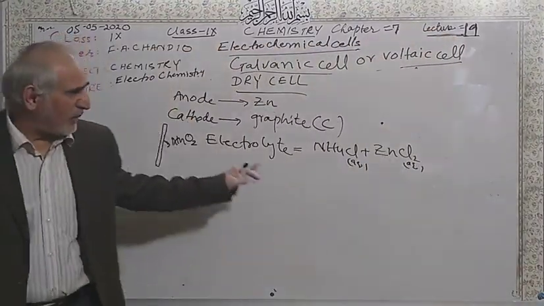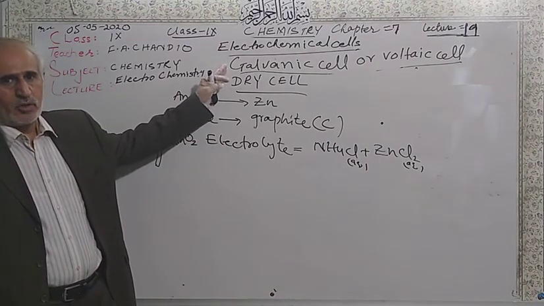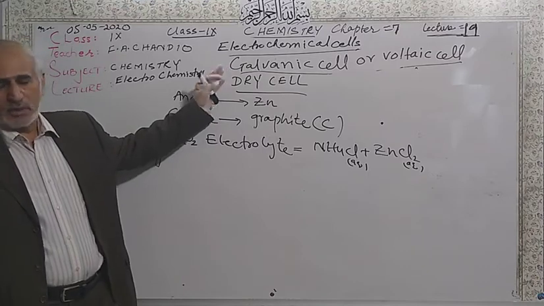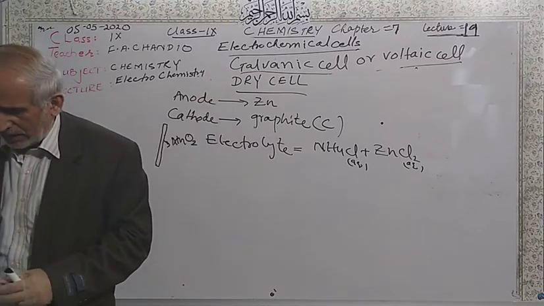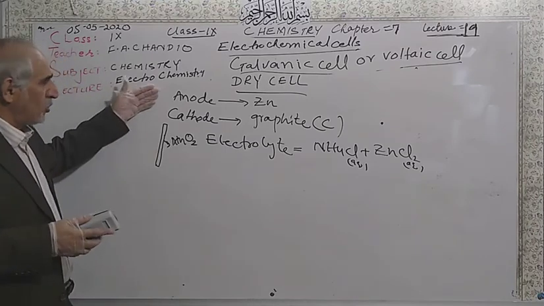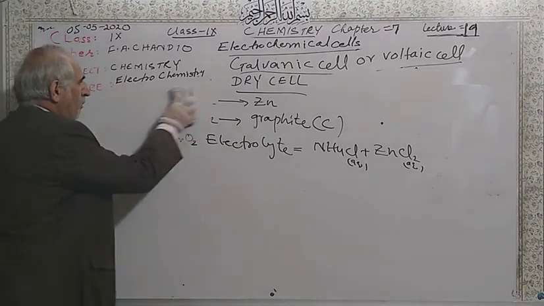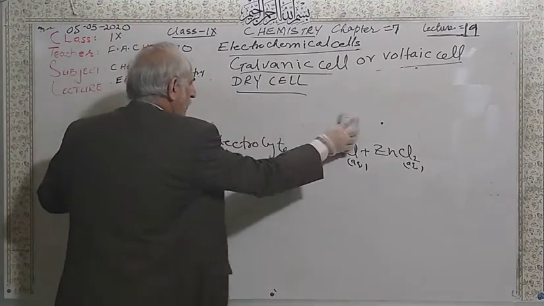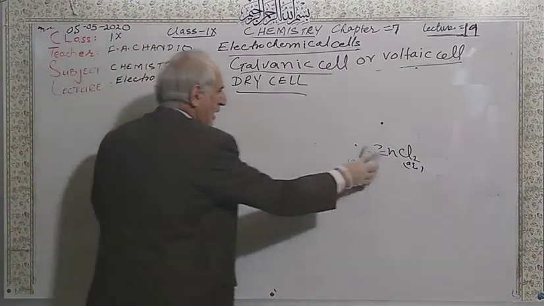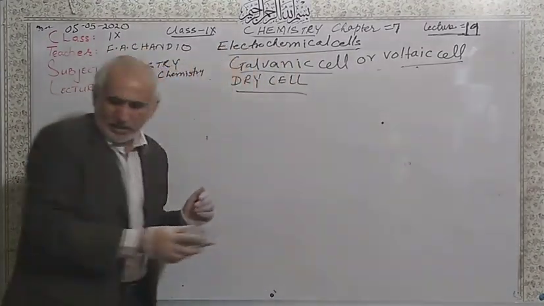So these are the chemicals which we use in the dry cell. It is an example of a galvanic cell. This is a spontaneous chemical reaction taking place. Now students, what are the chemical reactions involved here? You note this one: anode, cathode, electrolyte, and carbon inside the manganese dioxide and carbon charcoal paste. Now the chemical reactions.